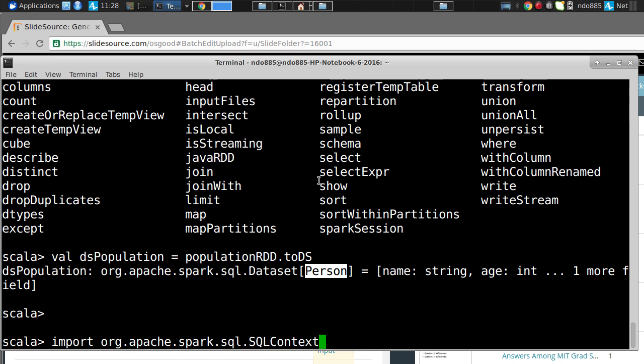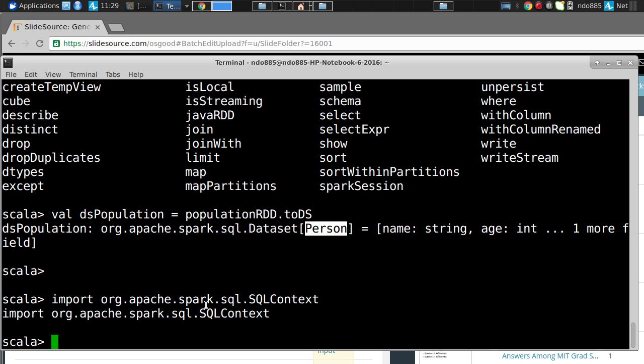org.apache.spark.sql.SQLContext. Ladies and gentlemen, SQL, the structured query language, is a key interface for Spark, and in fact very important for dealing with data sets as well as data frames. So it's going to be used a lot, and we're going to import it here. Then we're going to actually create an instance of it: val sqlContext equals new SQLContext. This is going to set up our SQL situation, and we're going to pass in as its argument